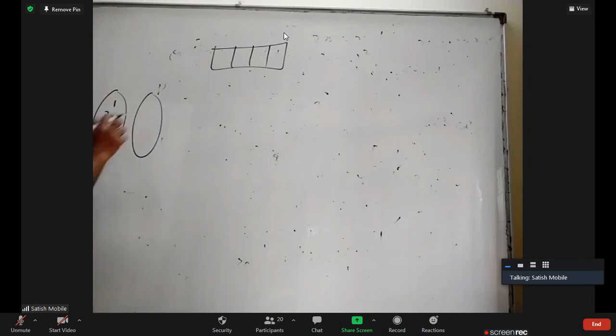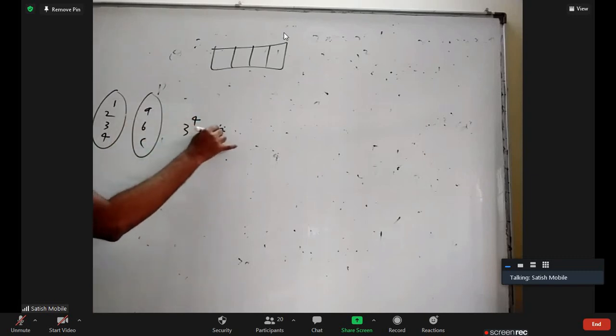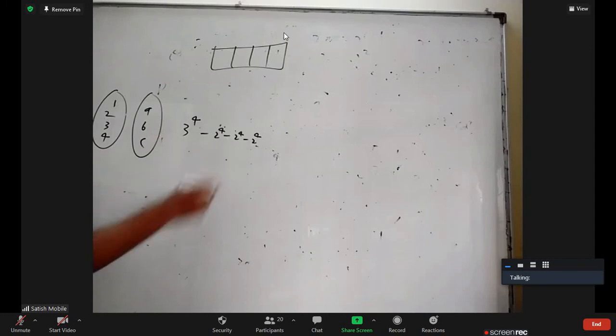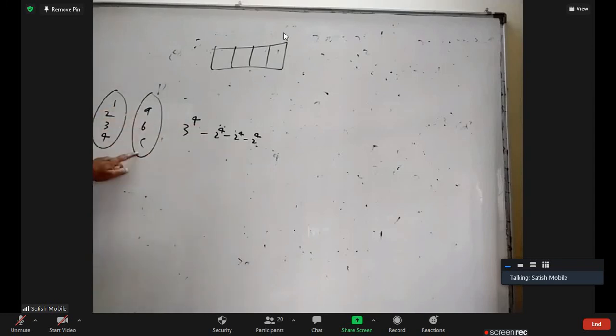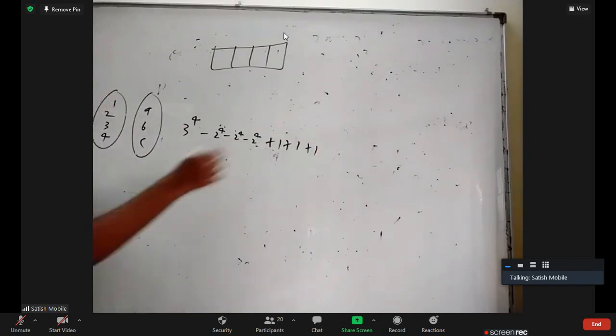So I have 3 elements here: A, B, C. I have to decide which one the first letter is, but I should not leave anything out. So it is as good as the number of onto functions. We have a formula: 3 power 4 minus 2 power 4 minus 2 power 4 minus 2 power 4, that is, leaving A, leaving B, leaving C, and then adding back leaving AB, leaving BC, leaving CA. Simplify this, we'll get the answer.